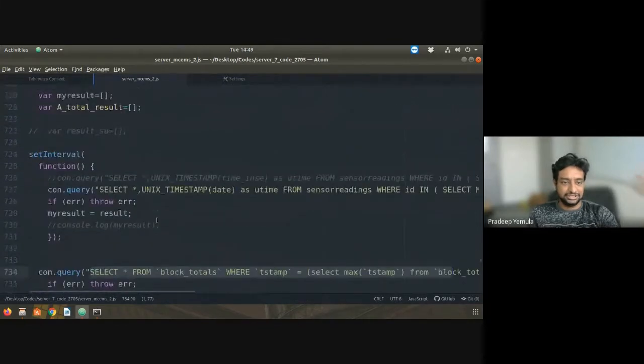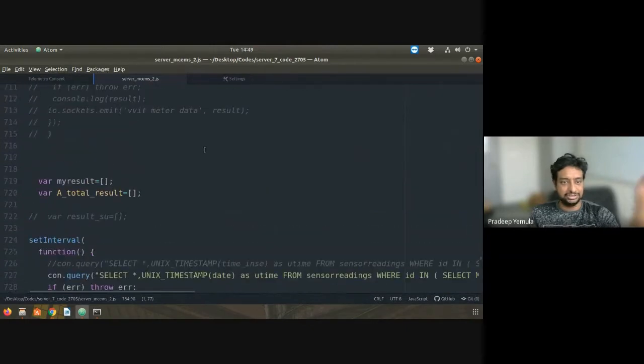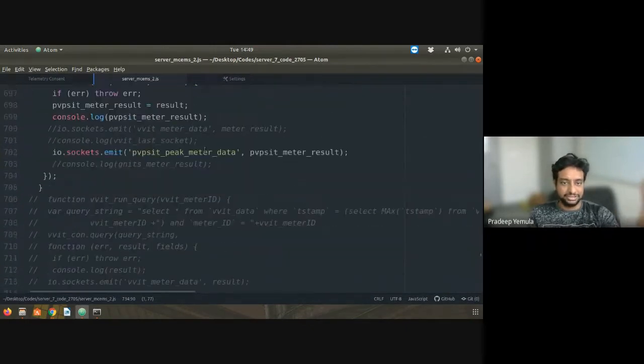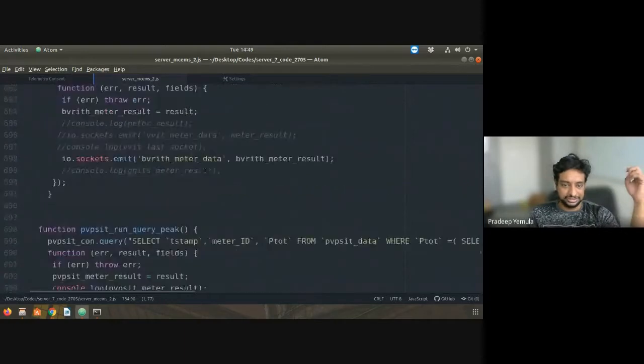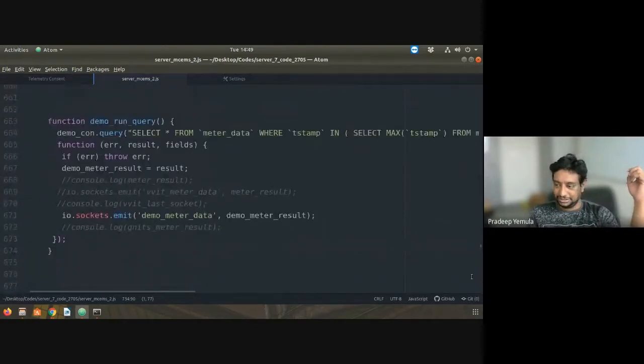On one side, the server is sending queries to the database, and on the other side, the server is receiving data and then displaying it. So if I now again go to the top,